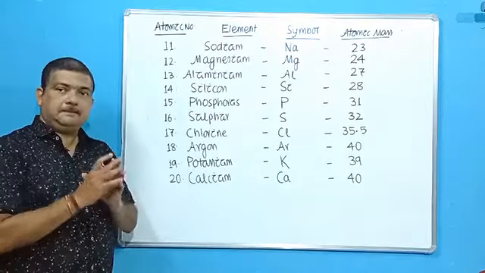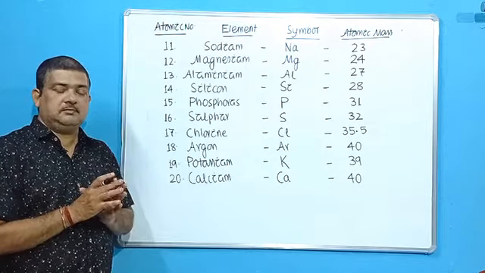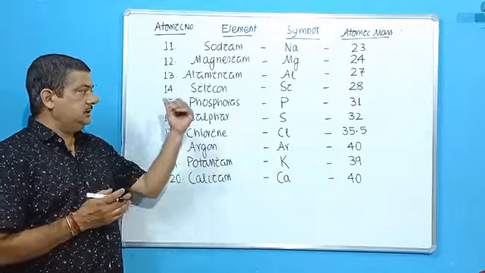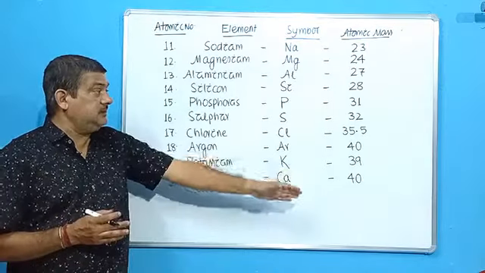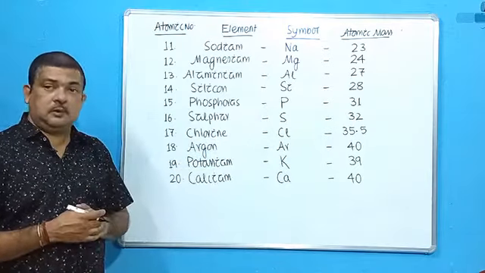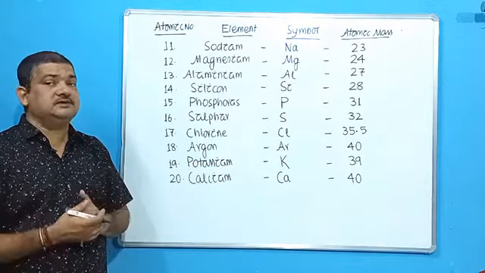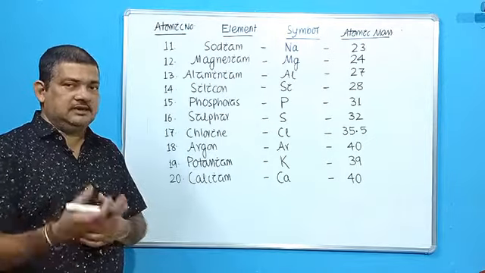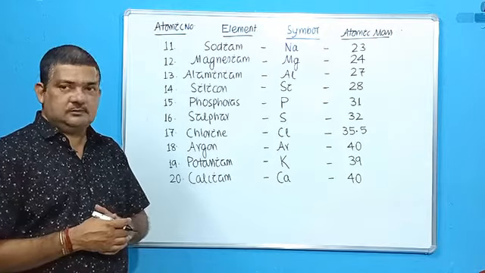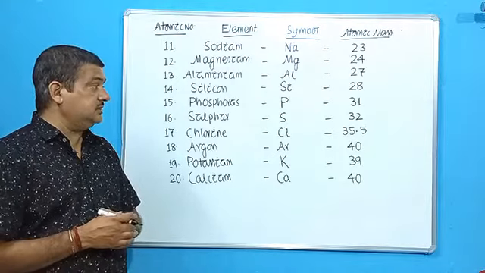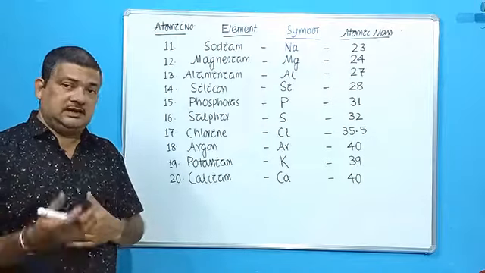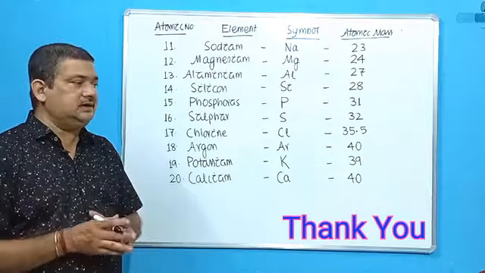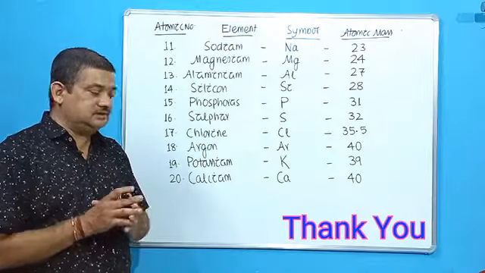Okay. So these things you have to remember by the next class. By the time I take the next class, all of you should remember the atomic masses of elements having atomic number 1 to 20, so that we can proceed further. In the next class I will give you some tricks on how to remember these atomic masses. But for the time being, note it down. I have given you this as an assignment. Whether I write or you write doesn't matter, but you have to remember these things.